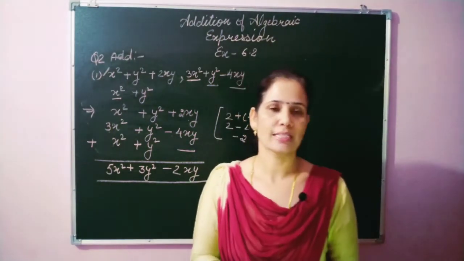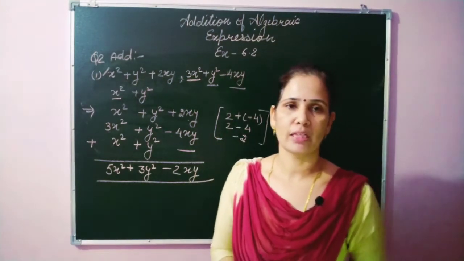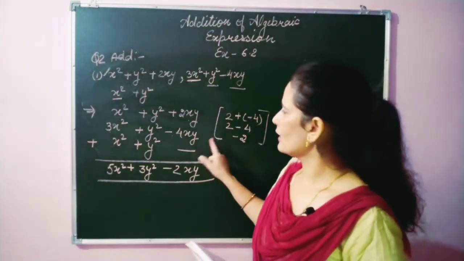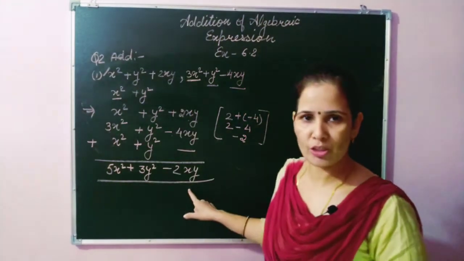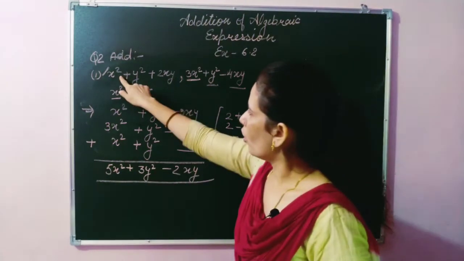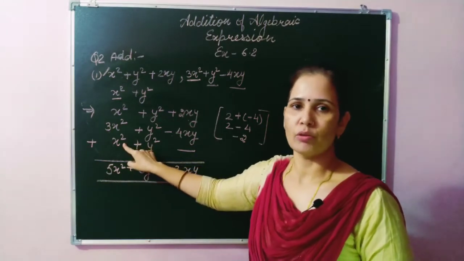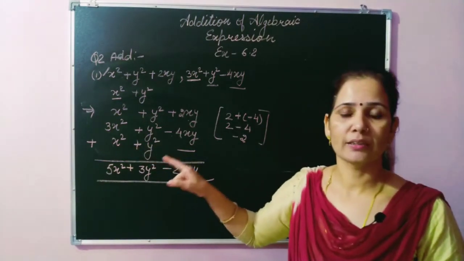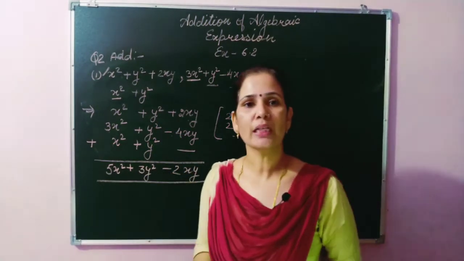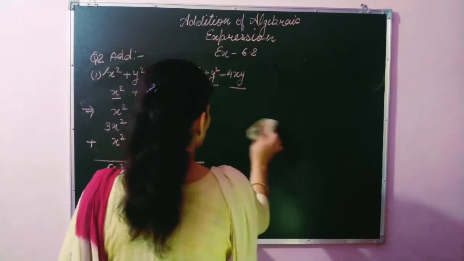Whenever the question is given in the form of algebraic expression, first question we have done, in that question they have given single term, but in question number 2 they have given in the form of algebraic expression. Nothing different in that, only the one thing we have to remember, always arrange the term according to the like term only. If the terms are unlike, then we can't add them. So it's very compulsory the term should be like. Okay, let's take some other part from the same question.